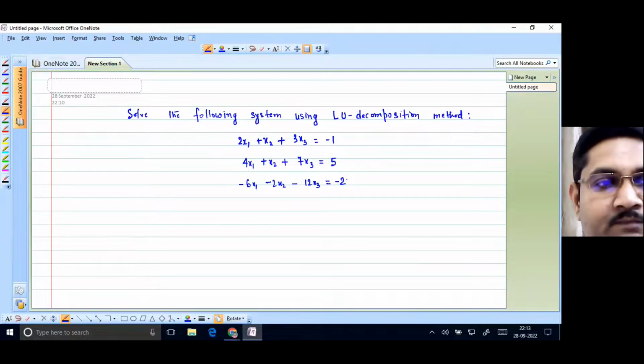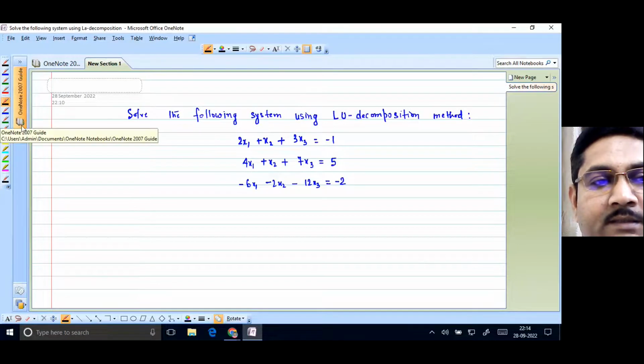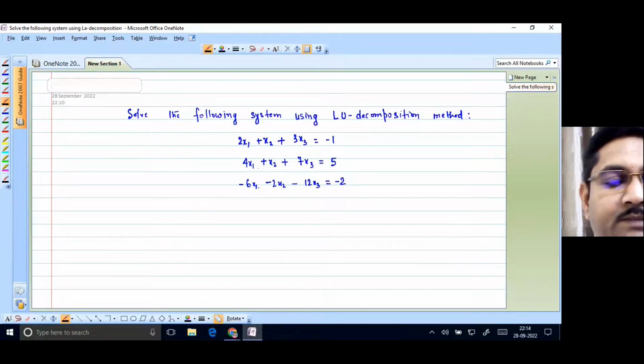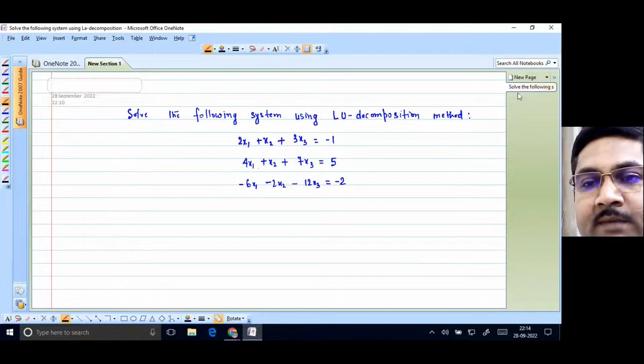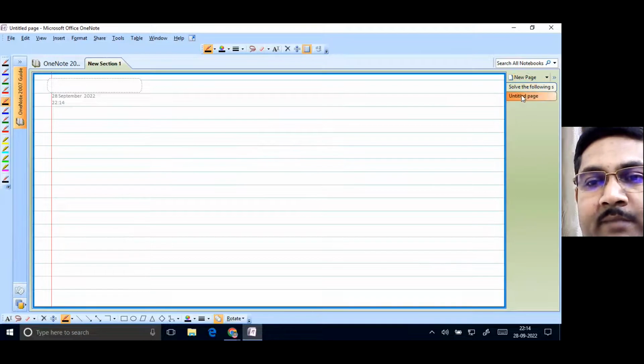First of all, I will write this system as a product of lower triangular and upper triangular matrices, right? Then I will apply forward substitution as well as backward substitution method to arrive at our answer. So first of all, let us have a look at the methodology, how we can implement